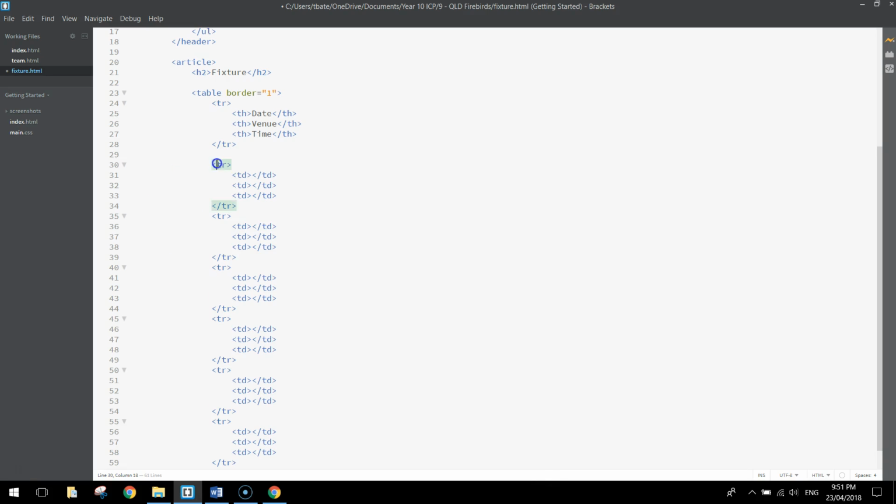So in total you've got 1, 2, 3, 4, 5, 6 rows. Okay, now what we need to do is just fill in the TD sections, so fill in the data of this table. So back up here in our second row, what we're going to write in is Sunday, 6th of May, and their first game is at the Brisbane Entertainment Centre,